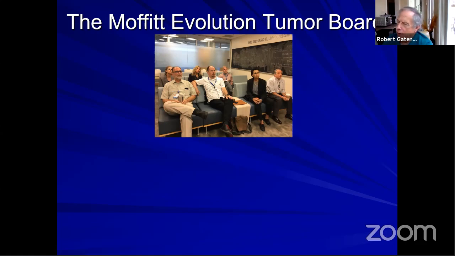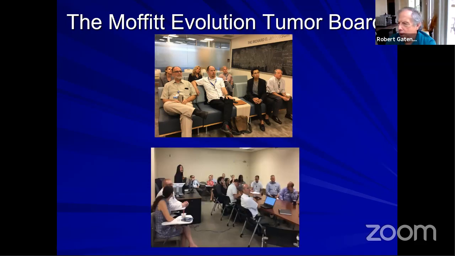And the evolutionary biologists and mathematicians then develop models for what they think is going on with the patient. And over the next 10 days, we'll run multiple simulations to look at various outcomes and various strategies. The formal evolutionary tumor board is run by oncologists and is attended by members of every program. And the patient is presented, and then the mathematicians will present